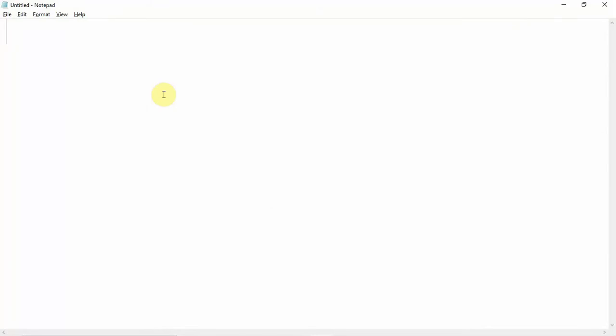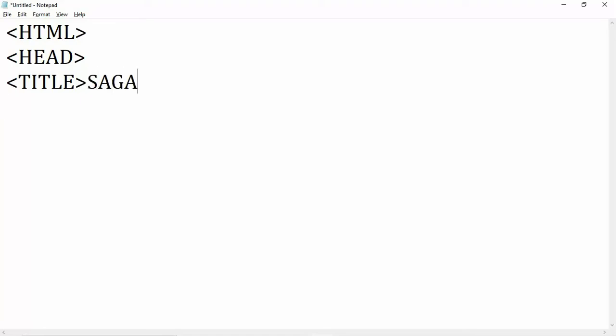First of all, you have to write the common tags. You know, these are the basic tags. Next, head, another title, and you can write any title, like we are going to create the page Sagarmatha Secondary School, Sagarmatha Second English Boarding School, and the title should be closed.